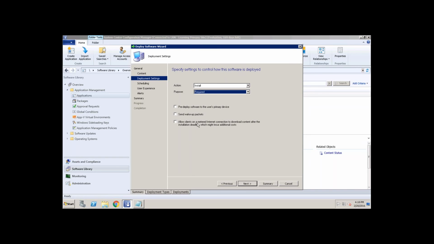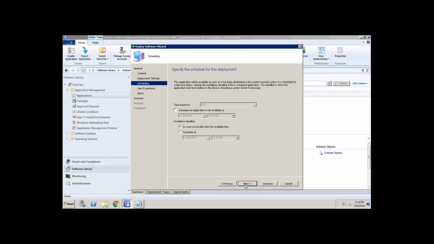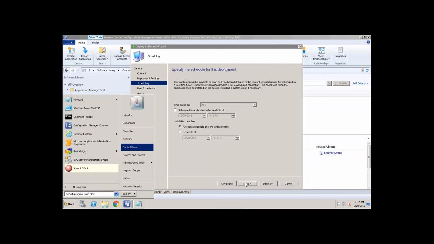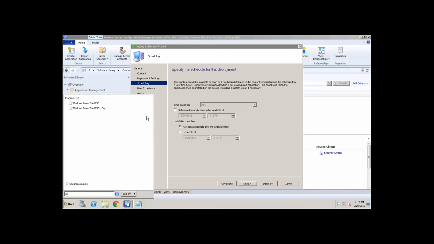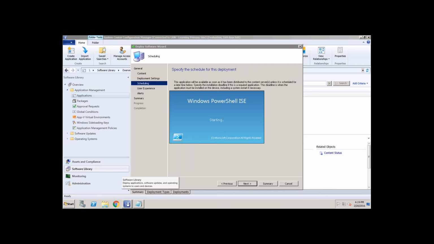Okay, let me rerun it as soon as possible. I want to run it. Before this, let's see, do we have a package already installed? Of course, I'm not sure whether it works or not because we don't have a DP here.